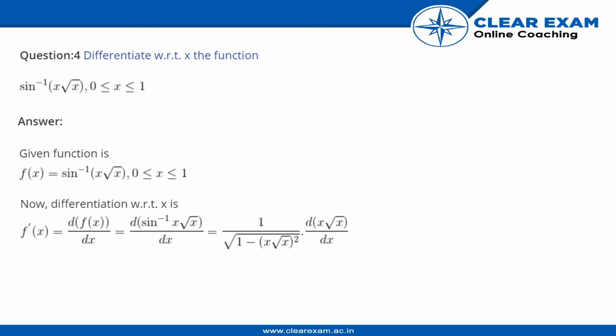Now differentiation with respect to x: f dash x is equal to d of f(x) by dx, which is equal to d of sine inverse of x root x divided by dx, which is again equal to 1 divided by square root of 1 minus (x root x) whole square, into d of x root x divided by dx, which is equal to 1 by under root of 1 minus x cube, into 1 into root x plus x into 1 by 2 root x,